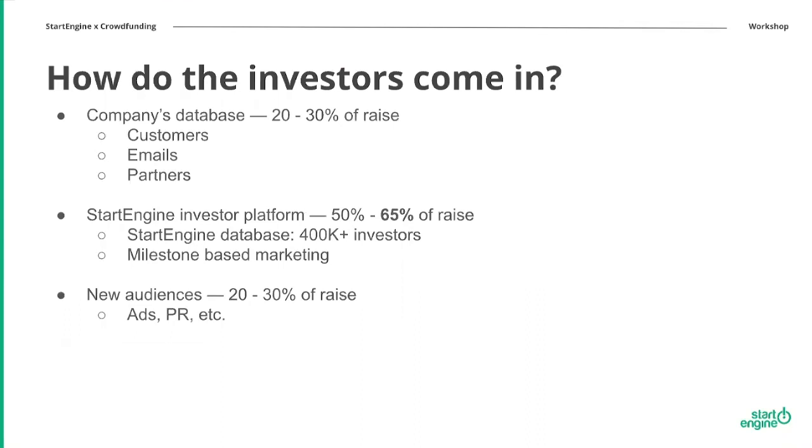In terms of the way these raises really go, there's three areas where these funds come from. The first one being from the company side of things. That means email lists, customers, partners, and any previous investors that you think would want to go in. If you haven't tapped into your friends and family network, or if you have already but you still think that they would be willing to contribute more, having them come into the raise early on in the campaign really helps the success overall for these raises. Because basically you'll see here, the StartEngine platform does contribute about 50 to 65% of the raise. We have over 500,000 investors in the platform now. We just crossed that mark, I think last week actually.